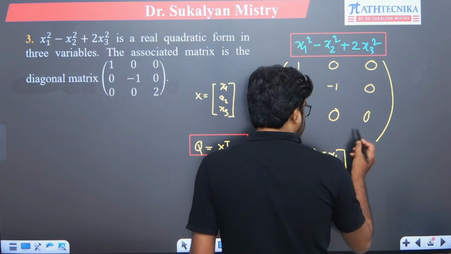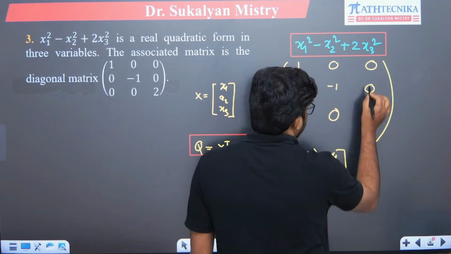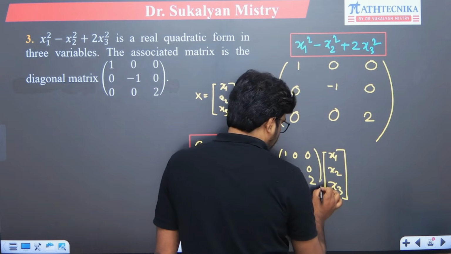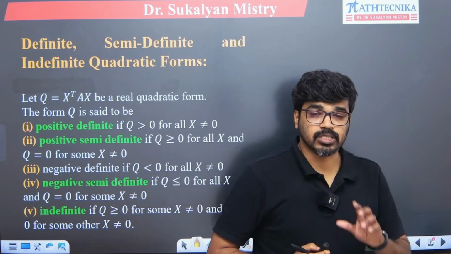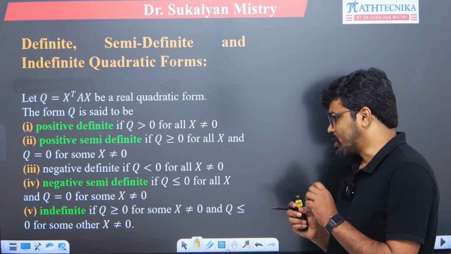Okay, please correct this, this will be 2, right? This will be 2. Here the coefficient of x3 square, that is 2, so this will be 2. Please correct this. Okay, so now I will discuss what is positive definite, what is positive semi-definite, what is negative